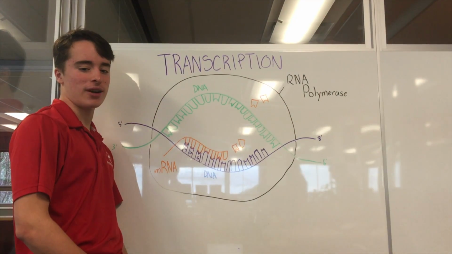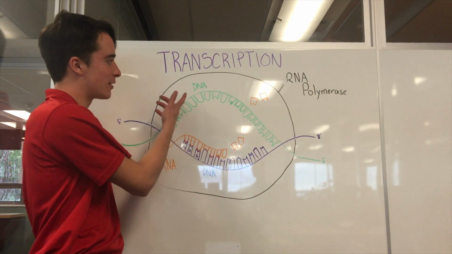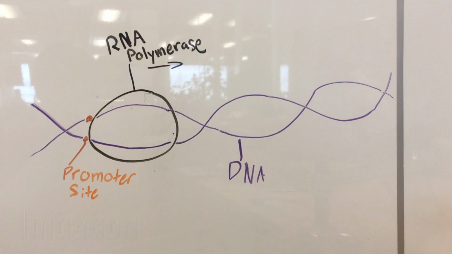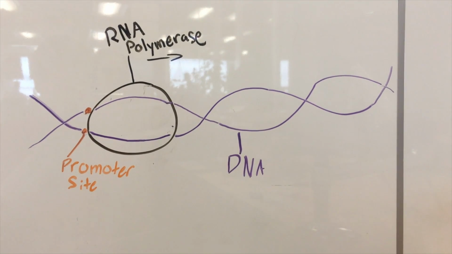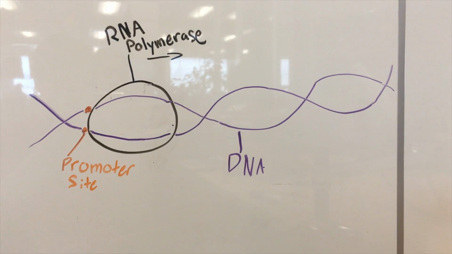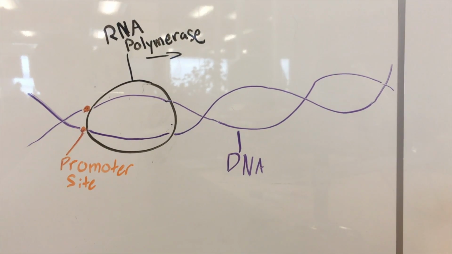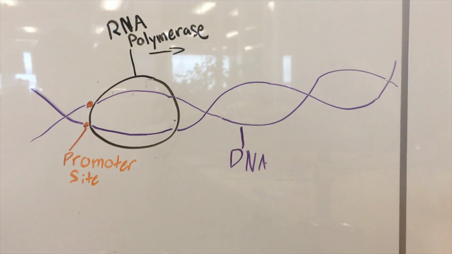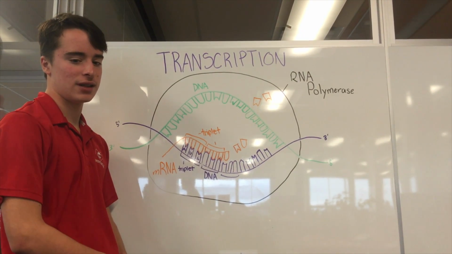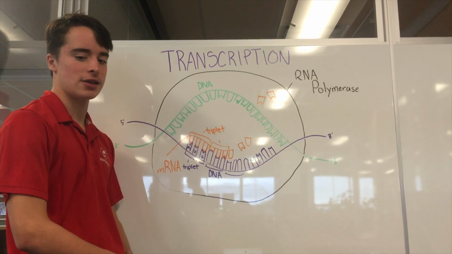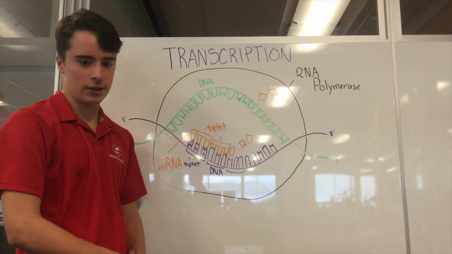The protein synthesis process begins in the nucleus with transcription. The first step is initiation. The two-stranded double helix of DNA is unwound and separated at the beginning of the gene sequence. RNA polymerase, the enzyme vital for this process, binds to a promoter, or initiation site, at the beginning of the gene sequence. The RNA polymerase enzyme moves along the DNA template strand until it hits a start codon, AUG, beginning